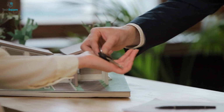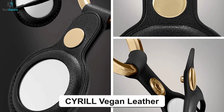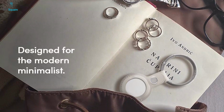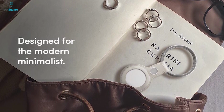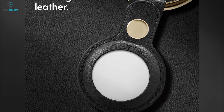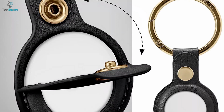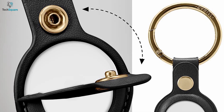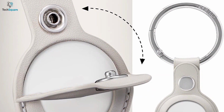From your keys to valuable belongings, keep your Apple AirTag safe with the CYRILL Vegan Leather, a simple yet lucrative case that is specially designed for the modern minimalist. It's made from premium eco-friendly vegan leather, which is designed to blend with your style. You can easily attach your AirTag as it comes with a firm button clasp for easy application, which protects against